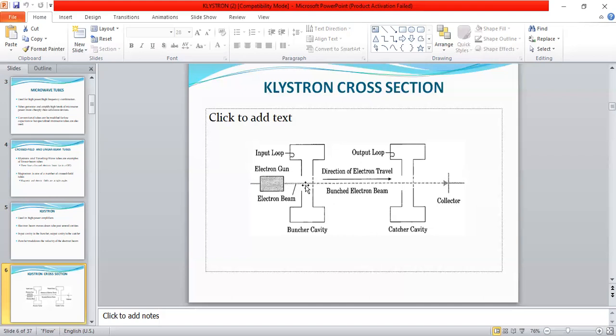Once it has entered the buncher cavity, because of the amplitude of the alternating signal, if the alternating signal has a positive magnitude, then the electron beam velocity increases. If the alternating signal has a negative magnitude, then the velocity of the electron beam decreases. So at the time of interaction, based on the magnitude of the alternating signal, the electron beam changes its velocity. The electron beam velocity changes in accordance with the